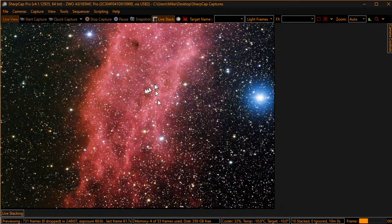Just to tell you a little bit about the California Nebula. It's about 1,000 light years from Earth, and the reason it's an emission nebula is because it is being irradiated by this star here, Xi Persei, or Menkib is also the name of it. This star is basically irradiating it and making it glow like that. So that's why we're seeing it like this. And it's kind of cool because the star is blue and it makes a nice contrast to the mostly hydrogen